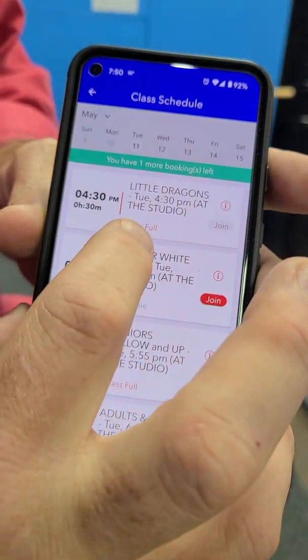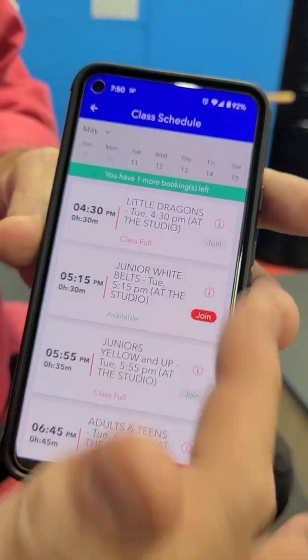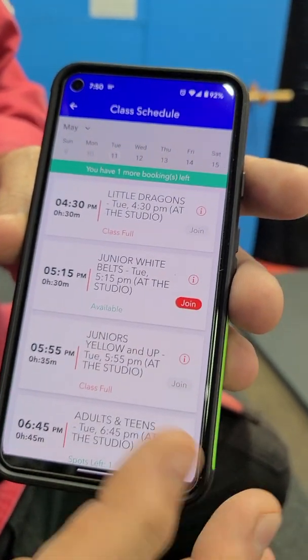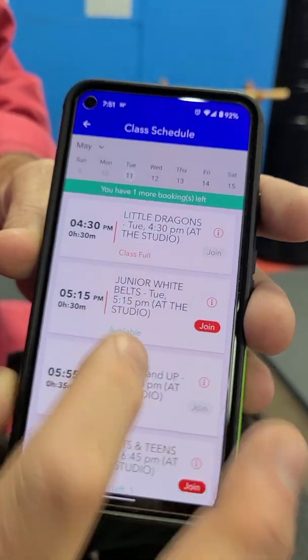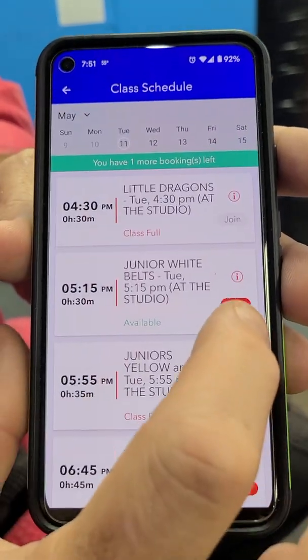Okay, right down here it tells you, this one says class full. That means there are no spaces, but I could get on the waiting list if I want to. I'll talk about that in just a second. But right down here, there's some spaces available. So if I want to join the white belt class at 5:15, the junior white belt class, I just click